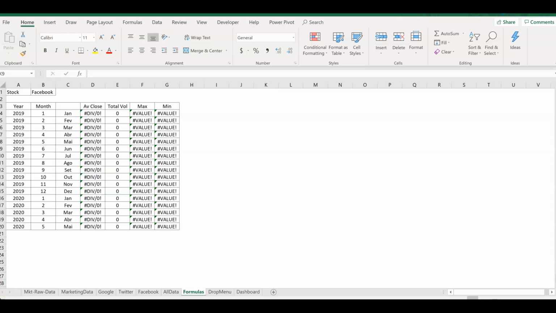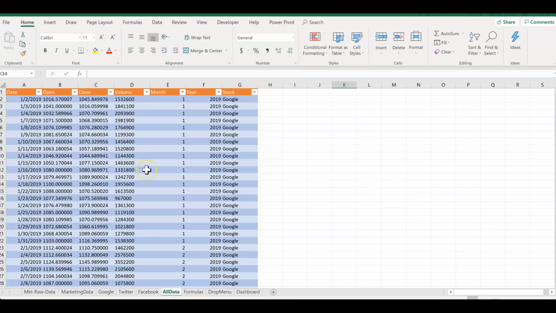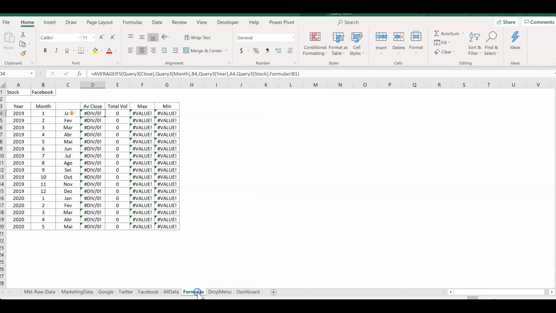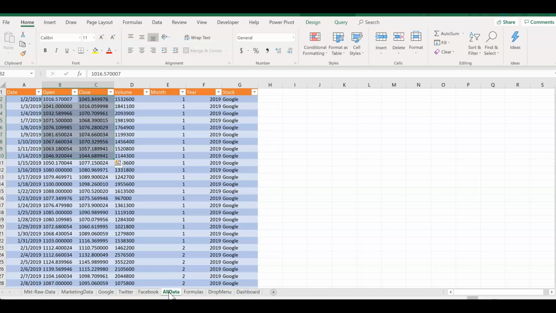So I am seeing the errors that you mentioned in your email right here, and this data is linked to this all data page, right? And I looked at your query that brings this data in, and the problem is this data is not formatted as a number, and that's why you're getting these formula errors right here. So the critical step you need to do is, in your query, to get it in the proper